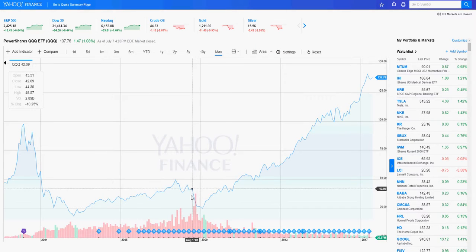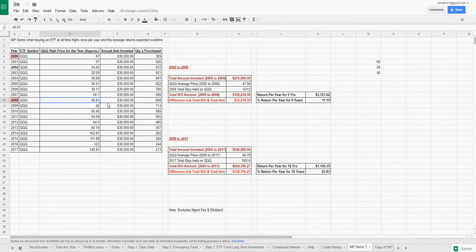Let's take a look. What was the highest point in 2008? 45.61, right? I mentioned that. You can see here, even with the highest purchase price of all these ETFs, I mean, particularly this ETF, I still managed to get a return by the end of the year of 2008, 11%. Okay, so now let's take a look what happened during the course of time. 11% to me is a good return.